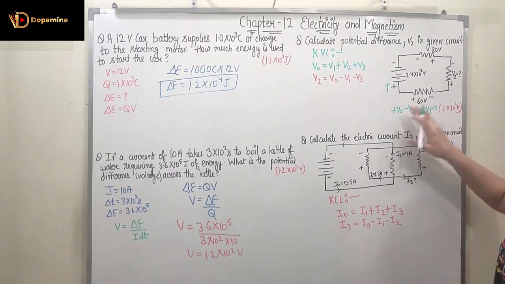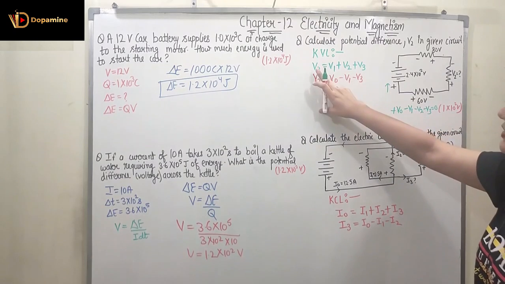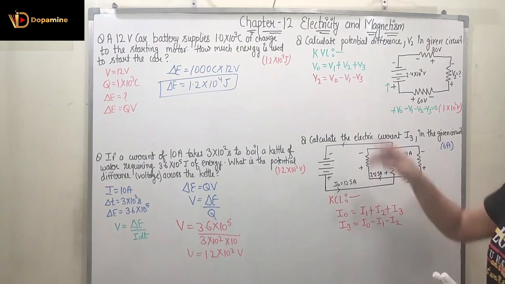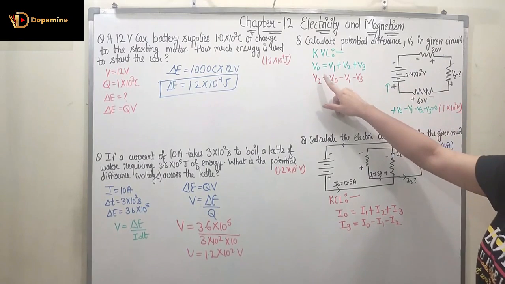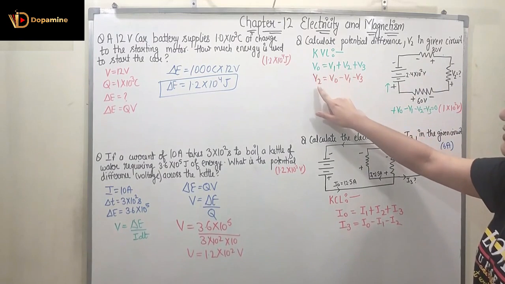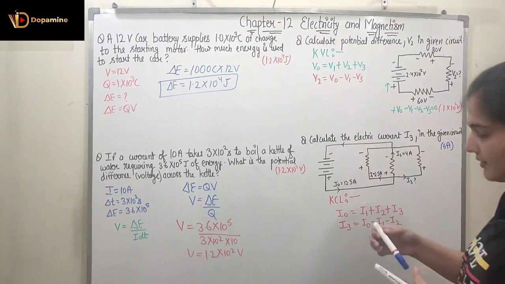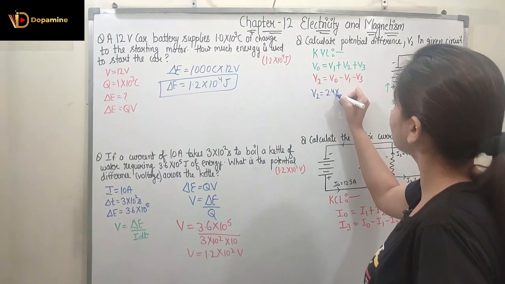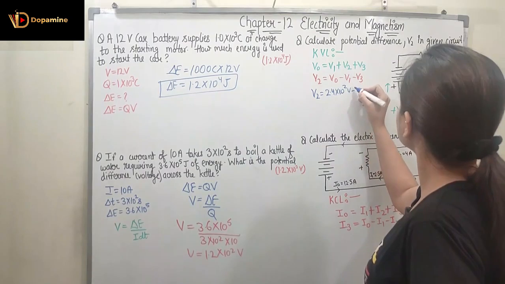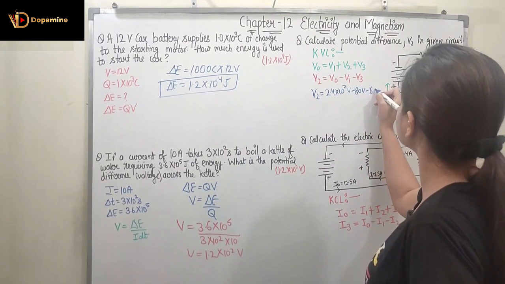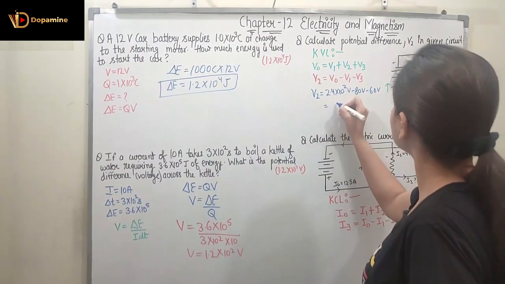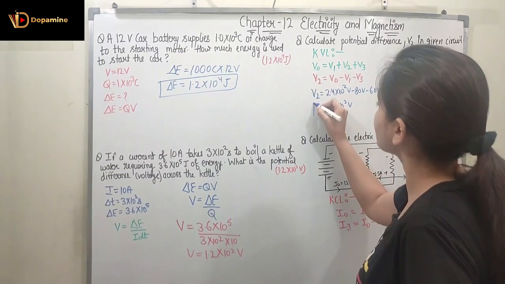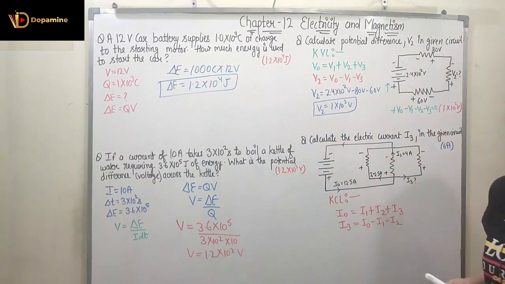Now I can take V1, V2, V3 to this side and represent KVL as V0 is equal to V1 plus V2 plus V3. I have to find V2, so I take V1 and V3 to the other side. V2 is equal to V0 minus V1 minus V3. V0 is given as 2.4 × 10^2 volt, minus 80 volt, minus 60 volt. When you compute, it comes out to be 1 × 10^2 volt. This is my potential drop across resistance 2, or V2.